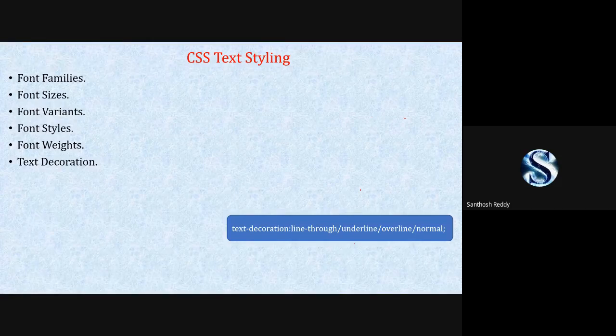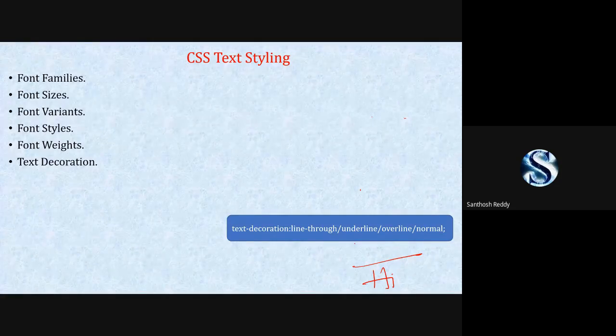Overline will draw a line above your content. Underline will draw a line below your content. Normal will be normal, there won't be any line or strike off.